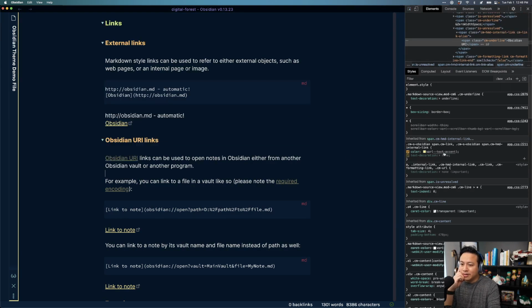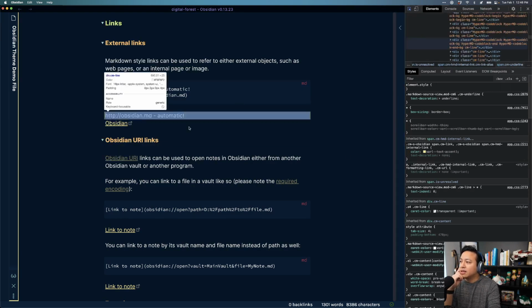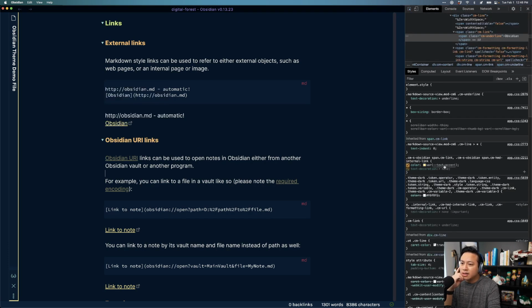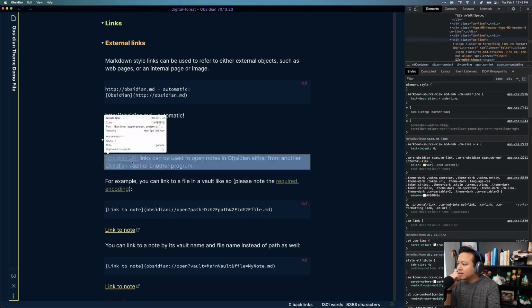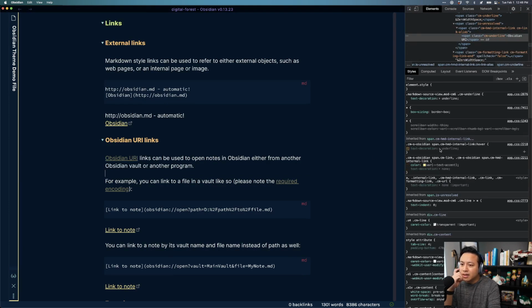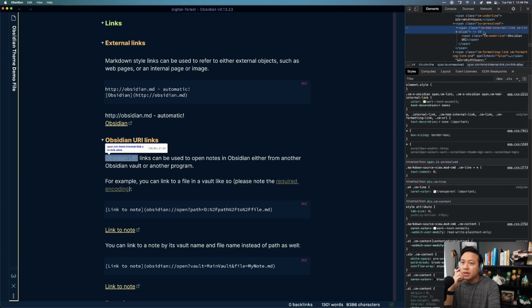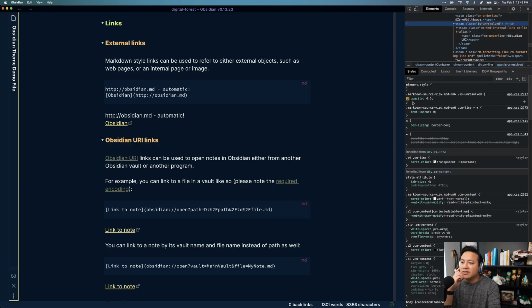Okay, so what's going on here? We have text accent here, and then here, this is also text accent. So what happened here? Do we have a filter that's being applied here? Nope. Is unresolved. Opacity 0.5. Okay, I get it. Like I said, I understand why we're trying to be very clear that it doesn't exist, but